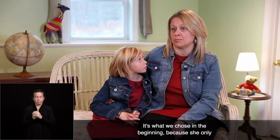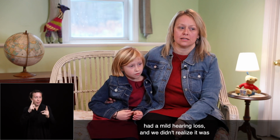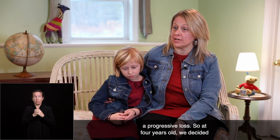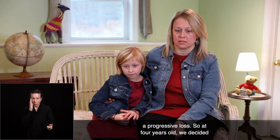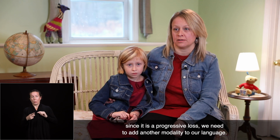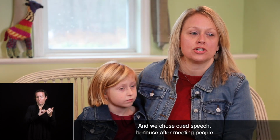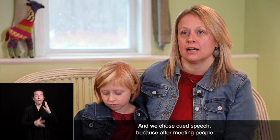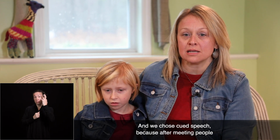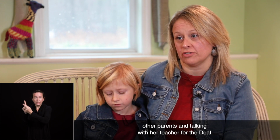It's what we chose in the beginning because she only had a mild hearing loss, and we didn't realize it was a progressive loss. So at 4 years old, we decided, since it is a progressive loss, we need to add another modality to our language. And we chose cued speech because after meeting people, other parents, and talking with her teacher for the deaf,